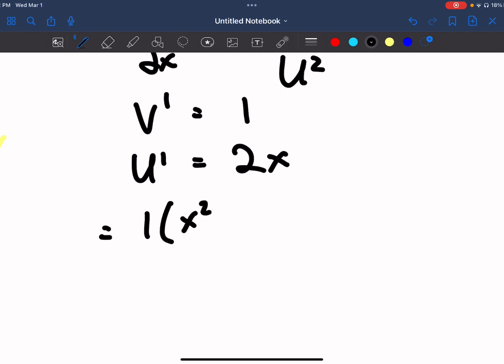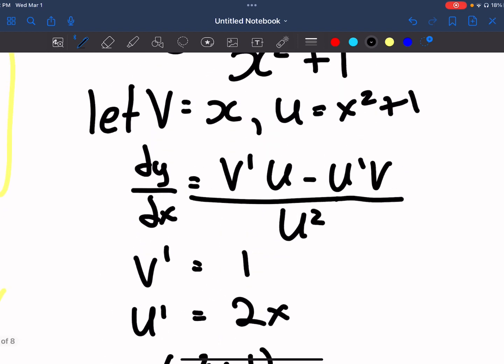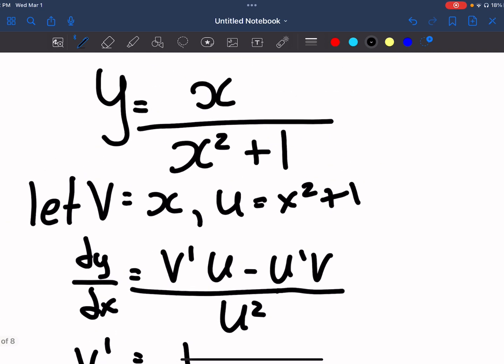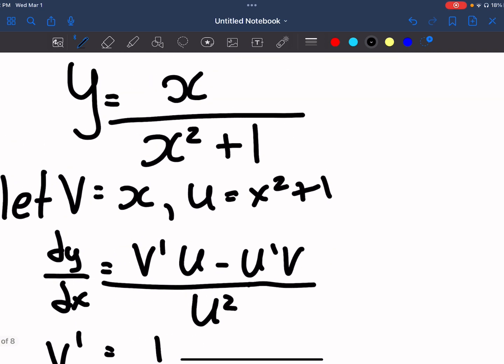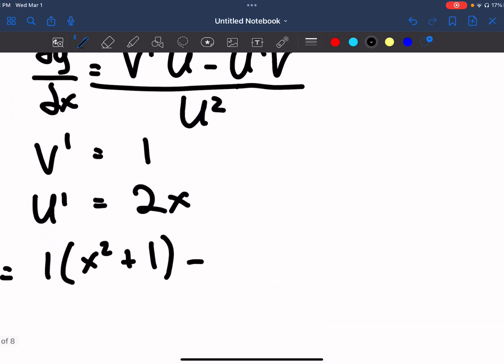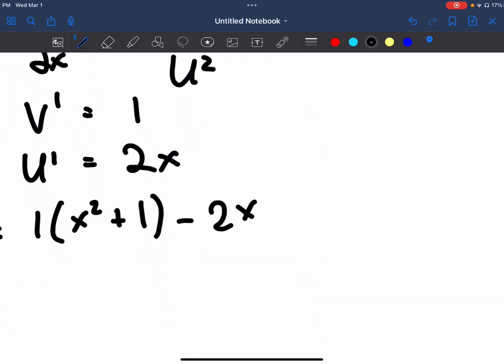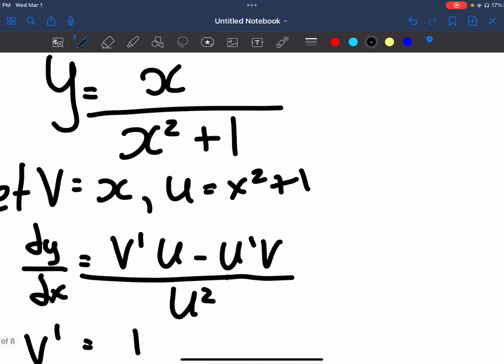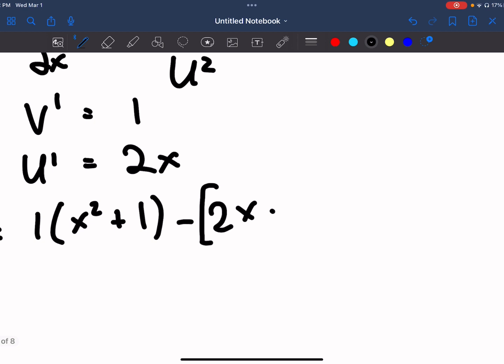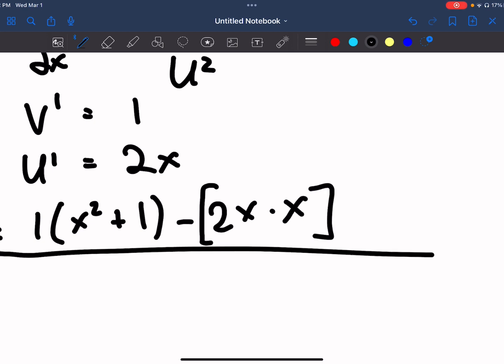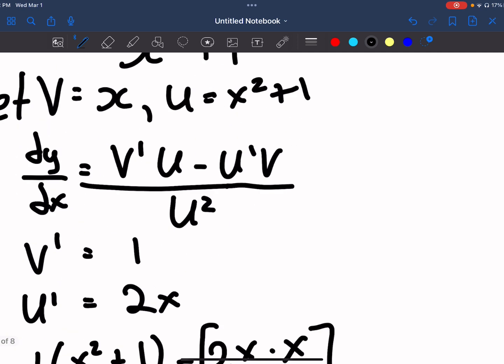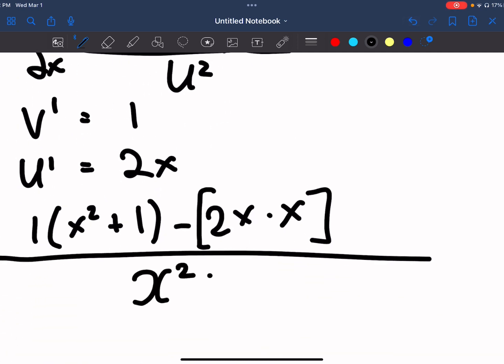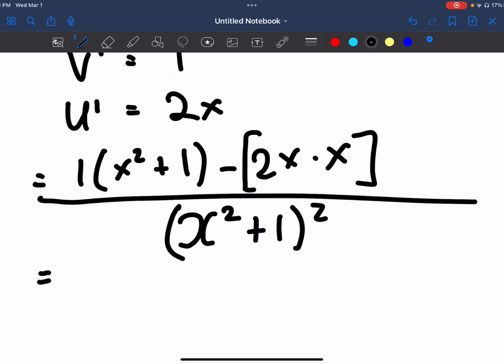So 1 times x squared plus 1 minus, and x squared plus 1 was the denominator, so minus u prime. We found u prime to be 2x, so minus 2x times v, which is equal to x. And never forget, all over U squared, so the denominator squared. So x squared plus 1 squared. So this is equal to x squared plus 1